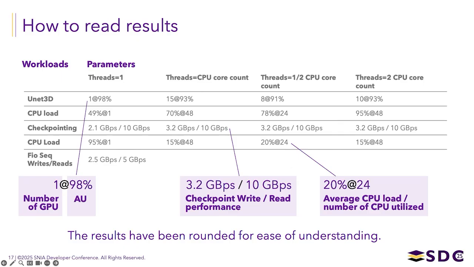And the second figure is the average GPU utilization for that number of GPUs. For the Unet3D workload, I measured additional CPU load generated by the NFS or SMB server